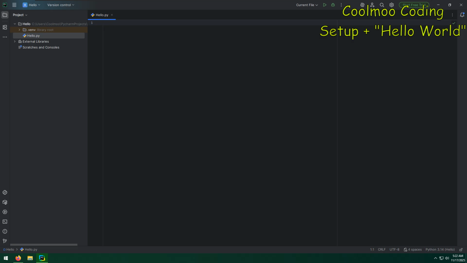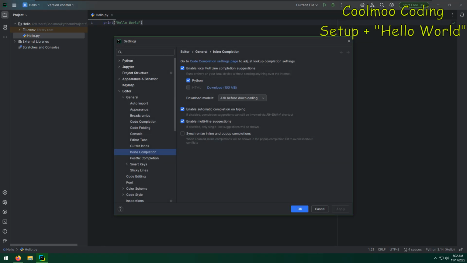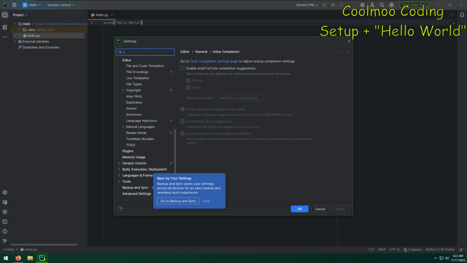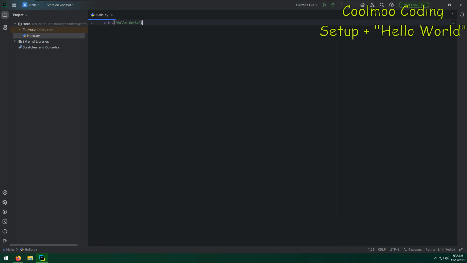First things first, we're going to do print. This is something I learned about recently with the update to PyCharm, which my version doesn't have: it has autocomplete for a few things, integrated with the AI, which is good for learning. I personally do not want it popping up and completing things for me every time, so I'm just going to disable this and skip the settings. So now when I type print hello world